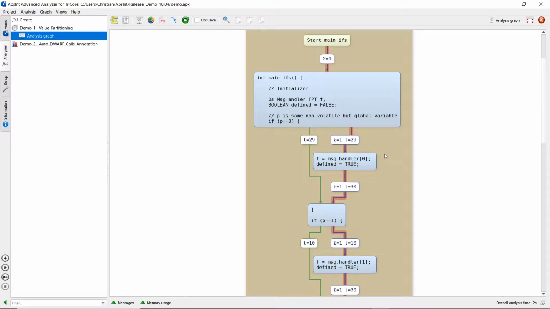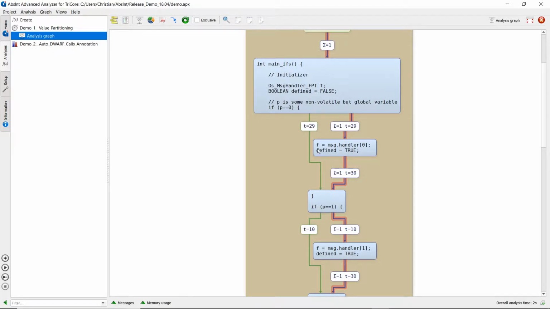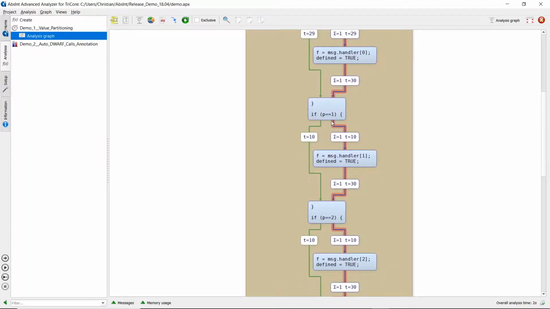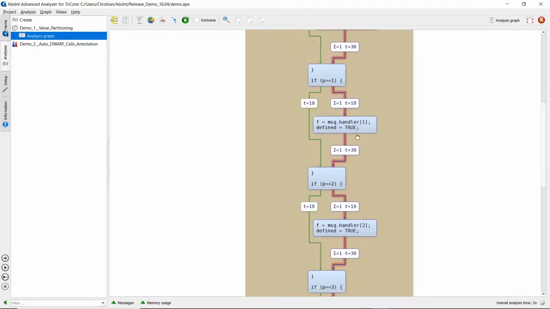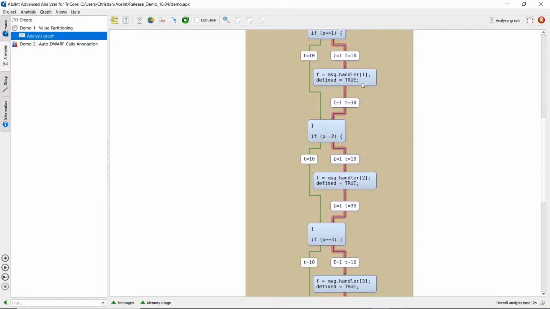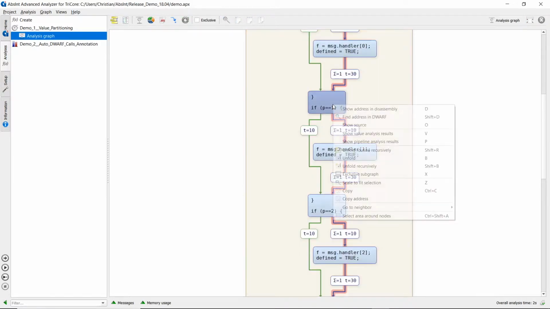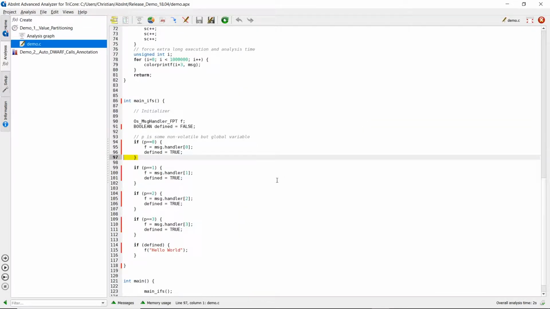If that is the case, then we enter the then case where we assign another variable f, which is a function pointer variable, with some message handler from table entry 0. Then there is another check afterwards where we check if p equals 1, and we assign a different message handler in that case, and so on. We can also have a look at the source code. Maybe it's a bit more convenient to see the structure. So there are consecutive if statements here. And of course, logically, all these